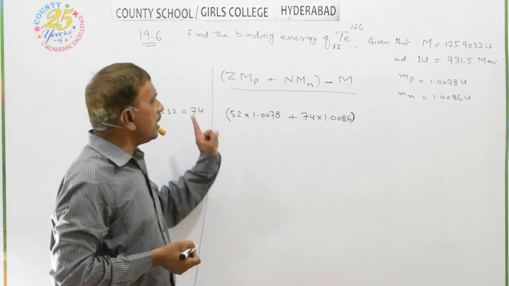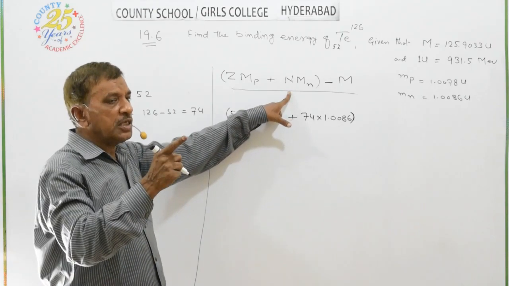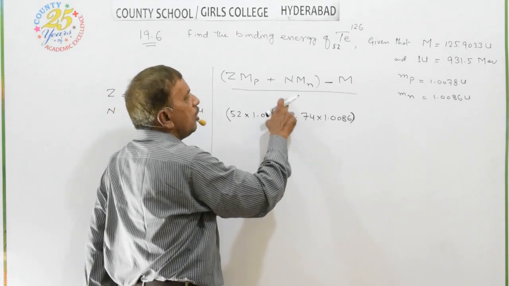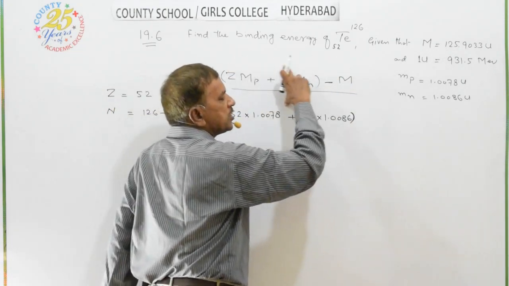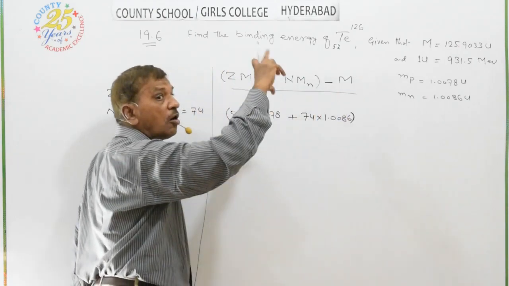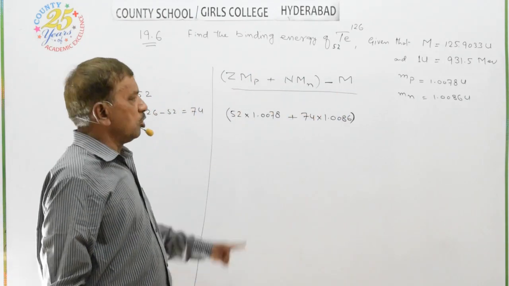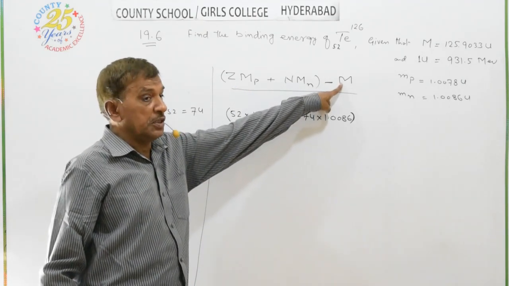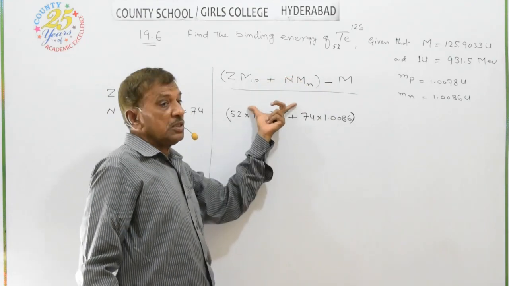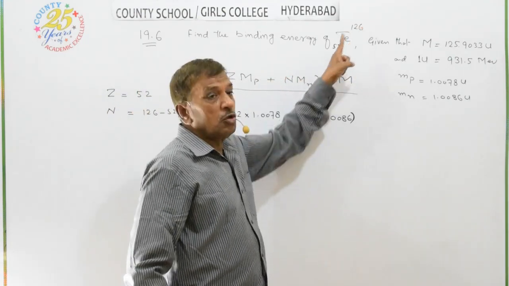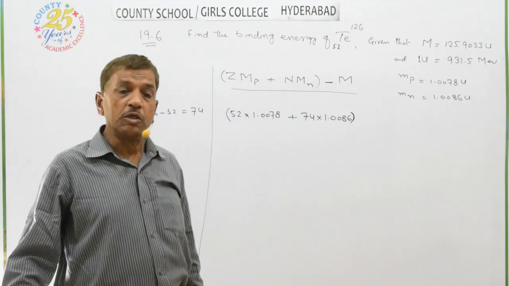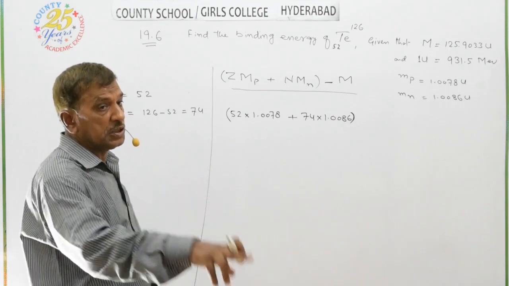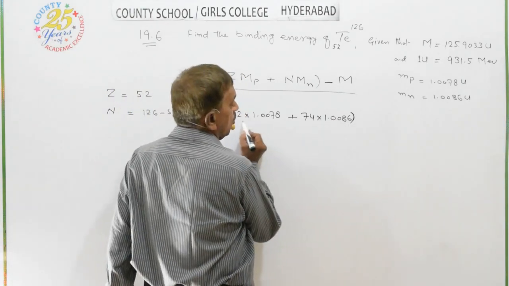So dear students, we are finding the mass defect, the mass deficit, not per nucleon. So we have not divided by the total number of nucleons. We are only finding the total mass deficit for all nucleons, not per nucleon. So there is only the total mass defect of the nucleus. When we divide this by the number of nucleons, that will be the mass defect per nucleon. So here we need the total mass defect of the nucleus.